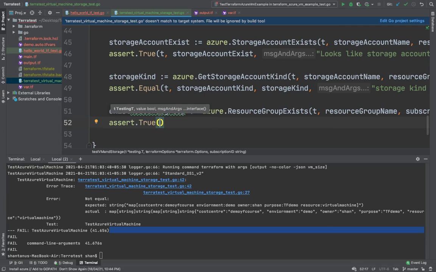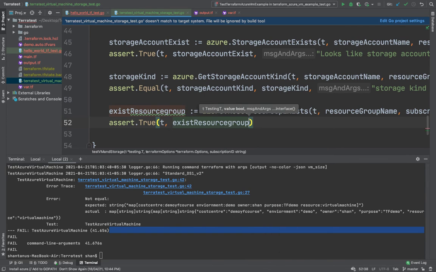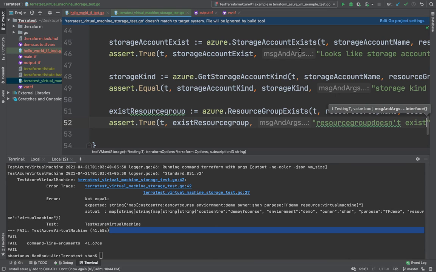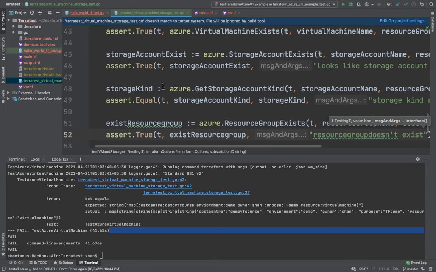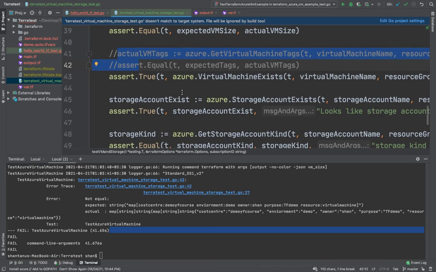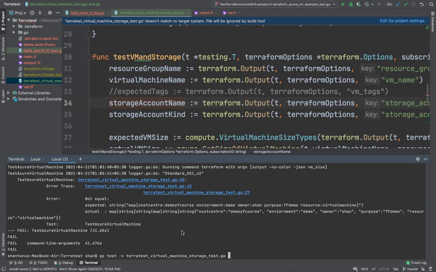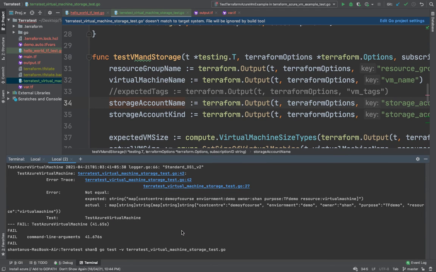whether it exists or not. So it's going to be only true, exist resource group, and then the message, resource group doesn't exist. And what I'm going to do is show how the successful test looks like. I am going to comment out this one, and obviously we didn't use it, so we're going to comment out this one as well, and then we're going to run the test again,